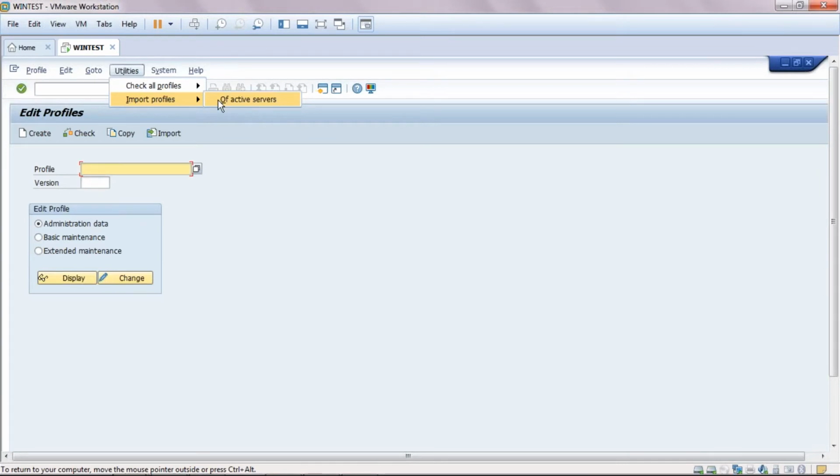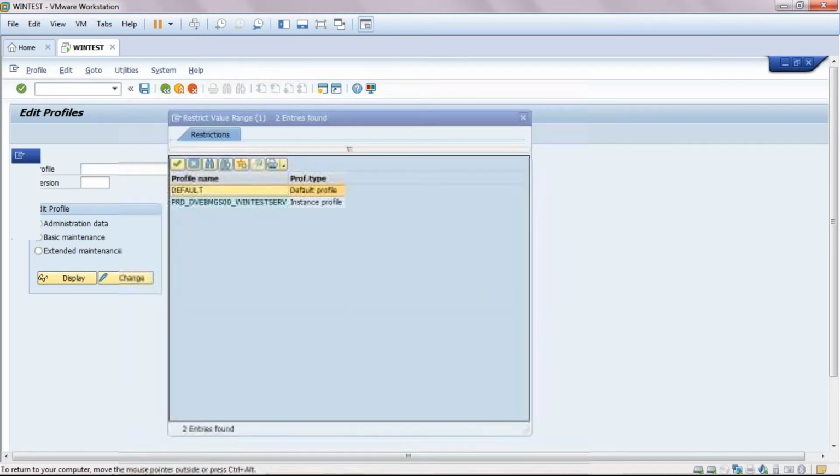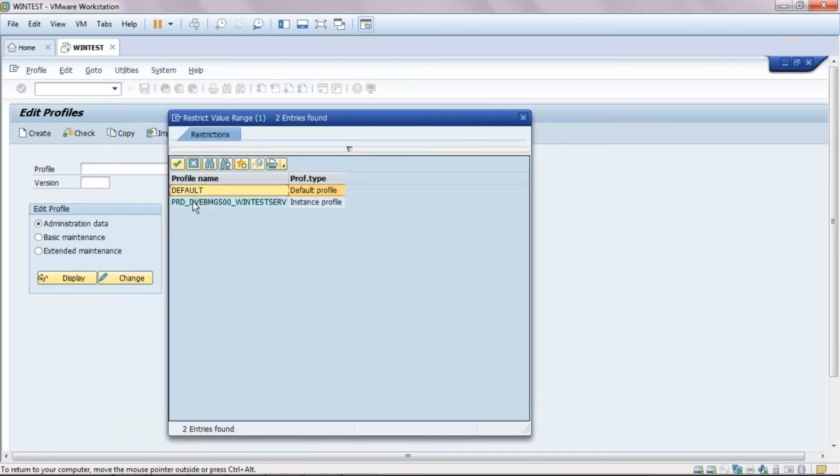It will show you the latest version of your profile. If I click here, it will show you two profiles, the default profile and the instance profile. This is NetWeaver 7.3. If you use an older version, it will show three profiles: default, instance, and start. But in NetWeaver 7.3, the start profile and instance profile are combined together. Today we are going to work on the default profile.